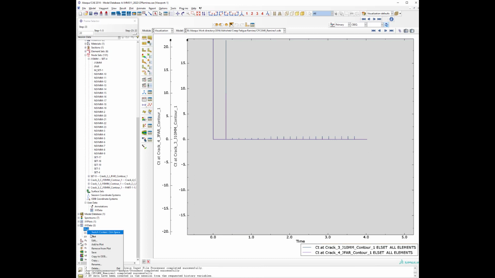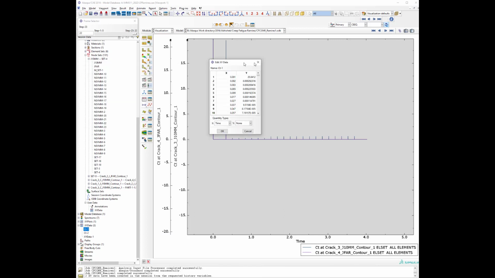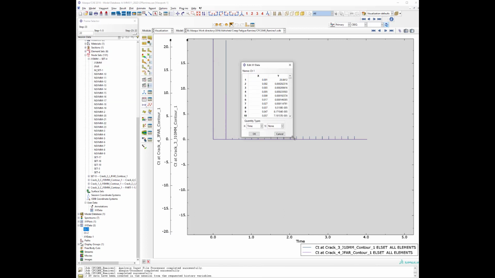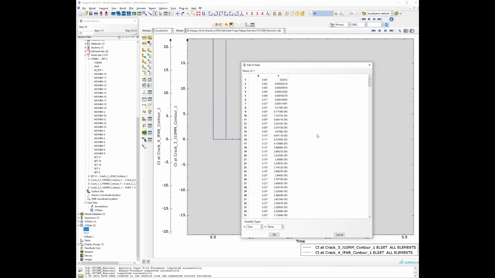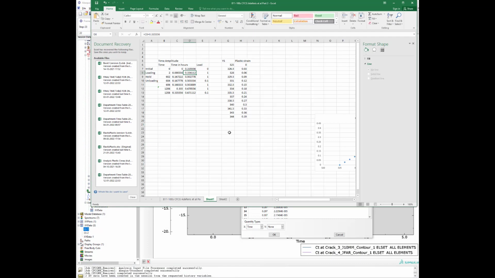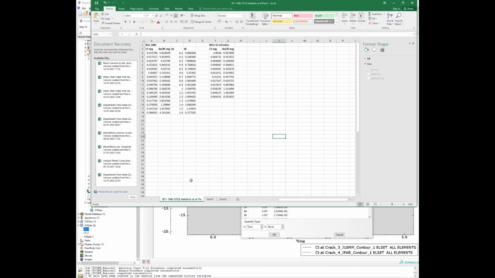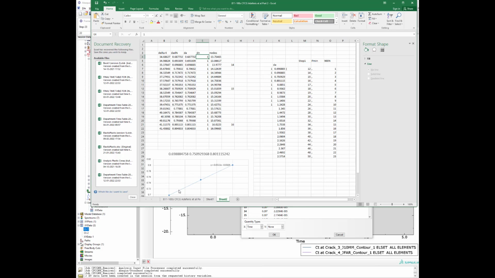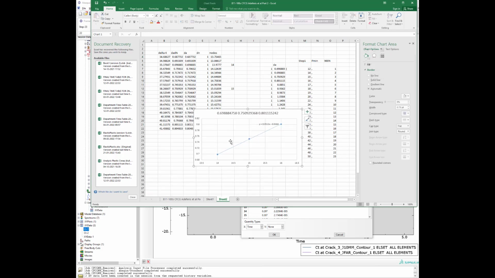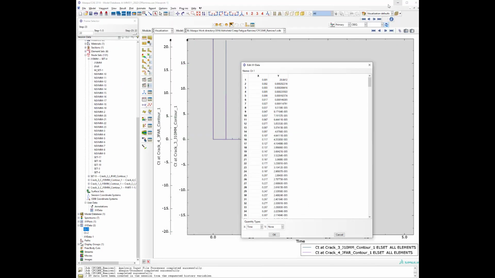So we can take these CT values for different crack lengths, and because our dA by dN is going to be, I hope it's not the same, it shouldn't be the same, because we tried having an increment in dA by dN with our crack length. So we want to change dA by dN, and we want to see how the relation is with the CT value. So step one,